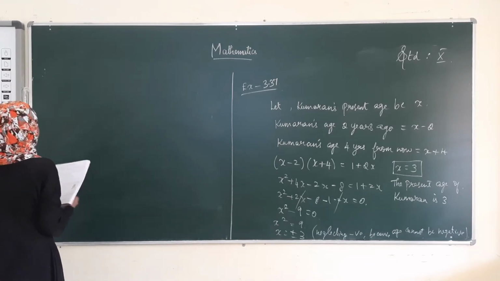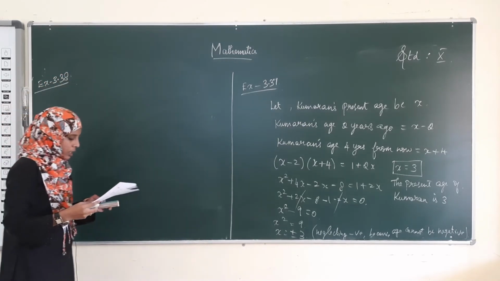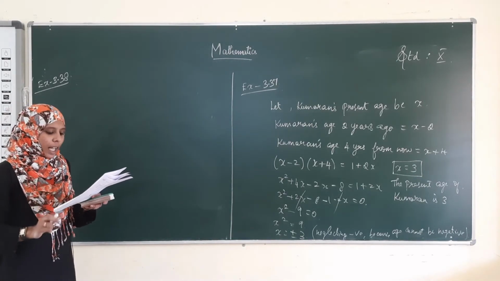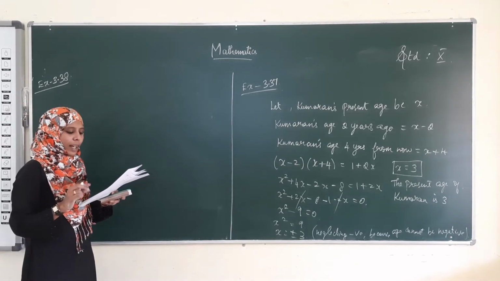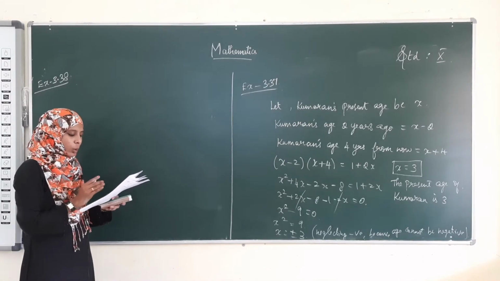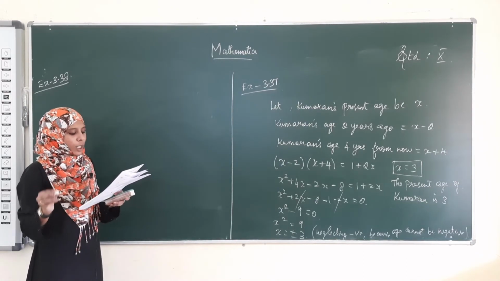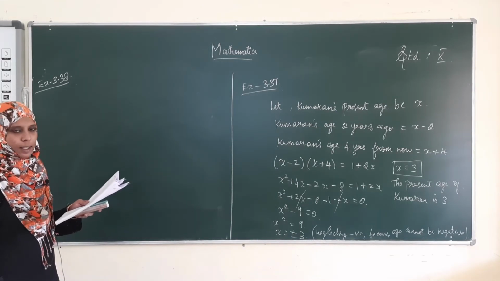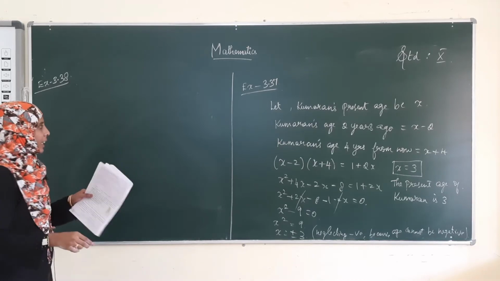Let us see the second example, that is example number 3.38. I will read the question. A ladder 17 feet long is leaning against a wall. If the ladder, the vertical wall and the floor from the bottom of the wall to the ladder form a right angle triangle, find the height of the wall where the top of the ladder meets, if the distance between the bottom of the wall to the bottom of the ladder is 7 feet less than the height of the wall. Shall we form the mathematical formulation? See here, a ladder 17 feet long is leaning against a wall.